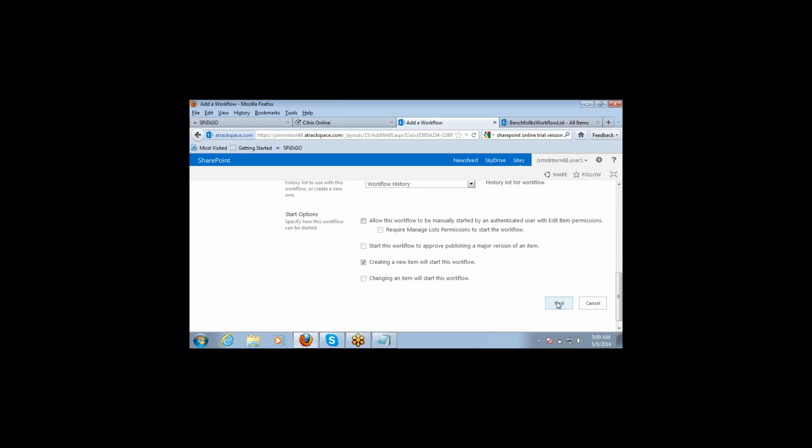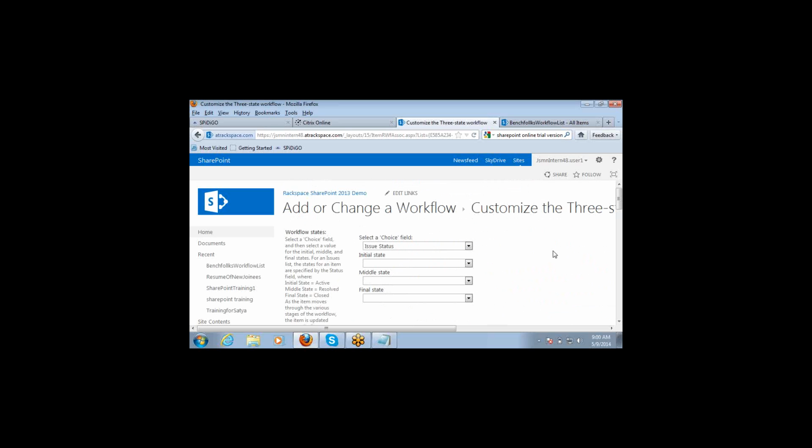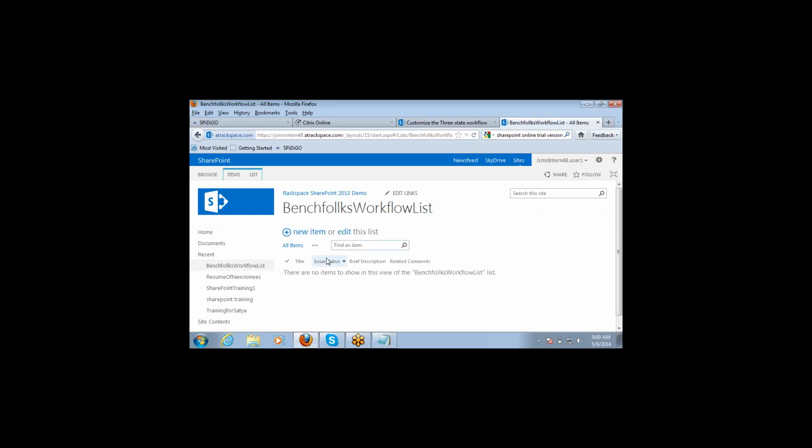Now click on next. It will take us to the second page of customization. See, this is the main thing, workflow states, from where the workflow state will change. So it is our choice column. The name is issue status. You can verify it from here. It has taken it automatically. We have not configured it manually. It has